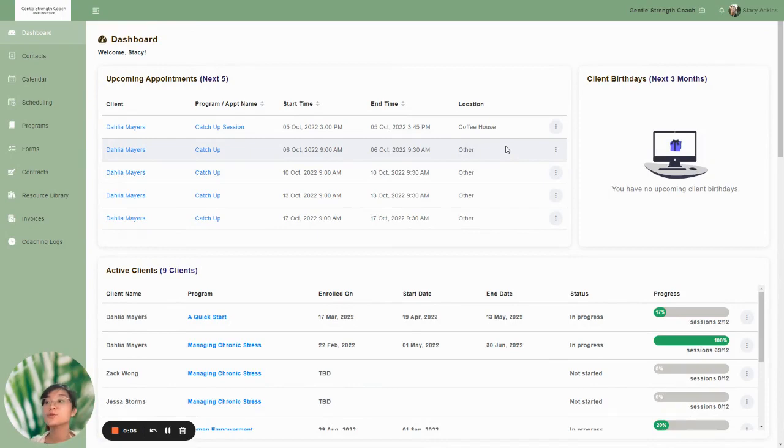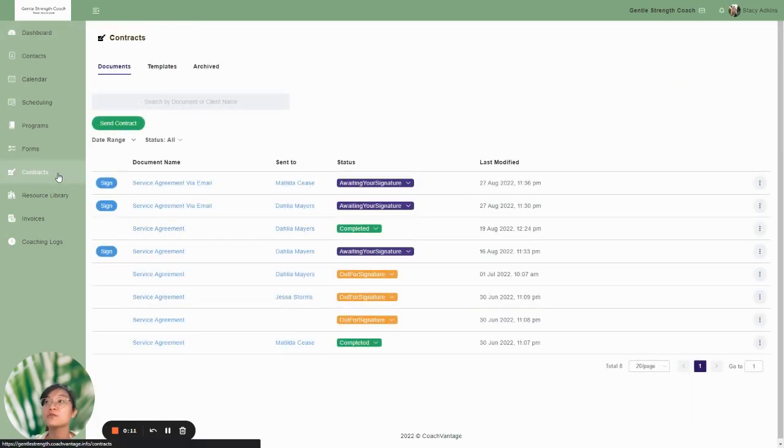So there's actually two ways to go about this. The first way is to go to the contracts page. If you click on the contracts tab on the left-hand menu, you can send a contract just by clicking this send contract button. The second way is through the individual contact record page, which is the method I'm choosing to do